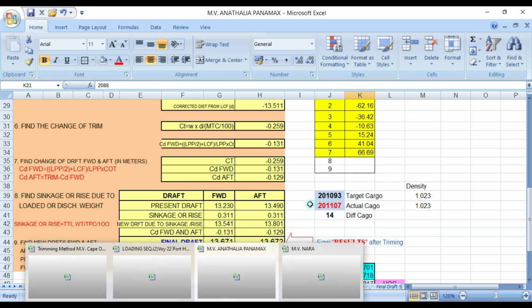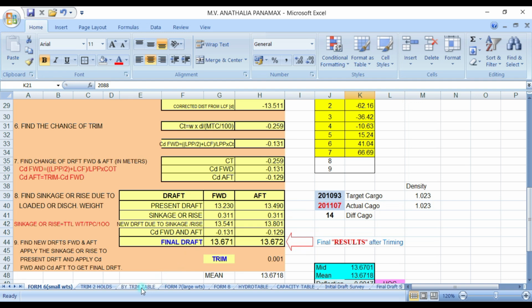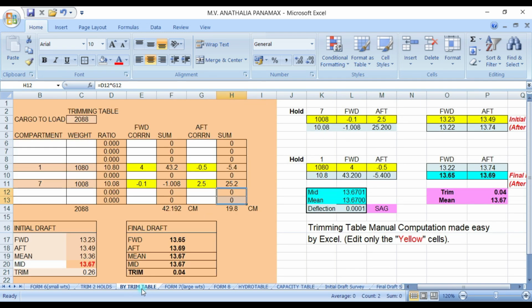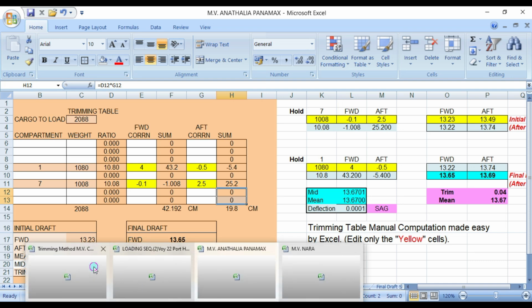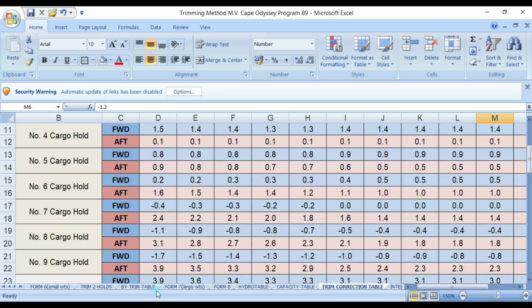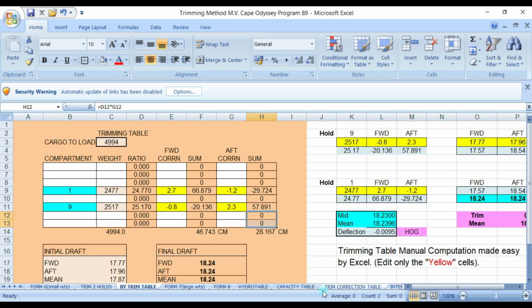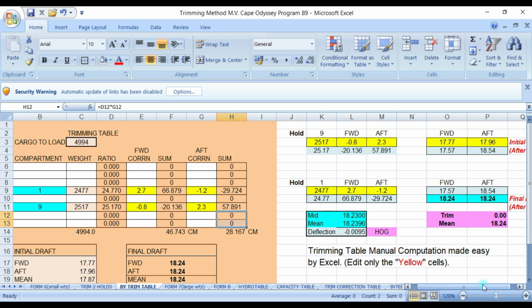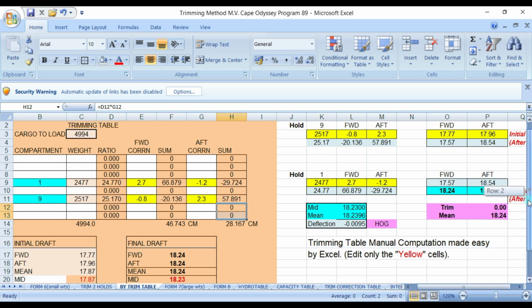Okay, but here in the Capesize vessel, the result of his trim table is even keel, and he has a mean draft of 1824, but his mid draft is 1823.